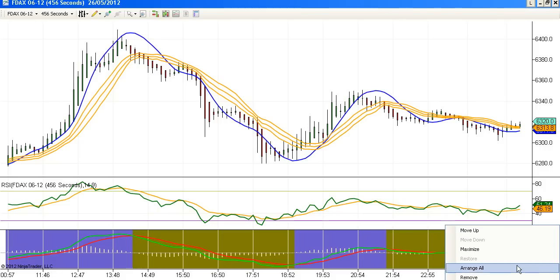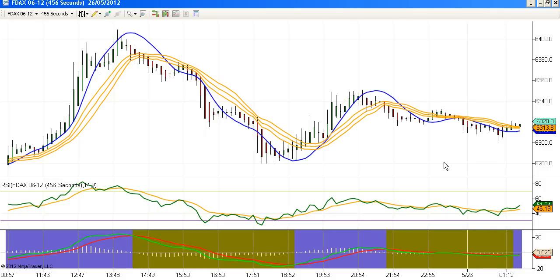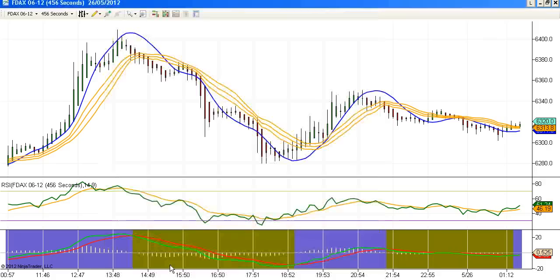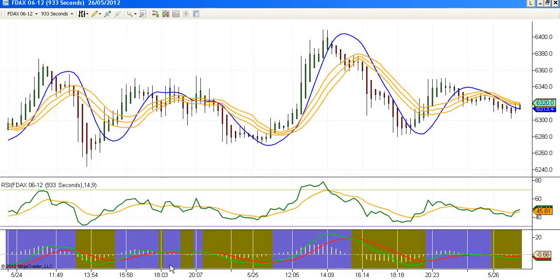Now let us arrange all the indicators. It's all over. This is all about configuring HMA Bollinger Bands day trading system in NinjaTrader 7. Let us just take a look how 9:33 seconds chart looks in this wonderful subject. That's it.